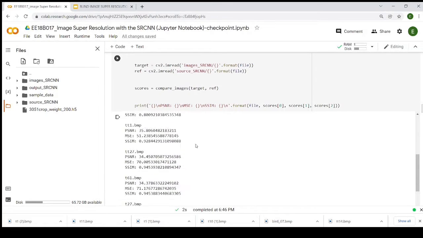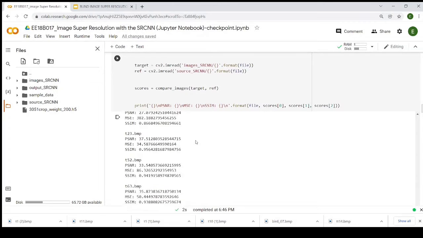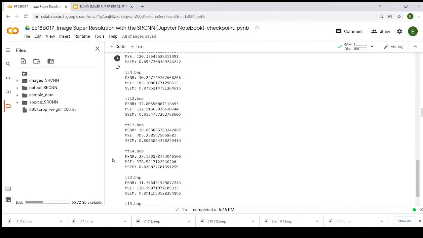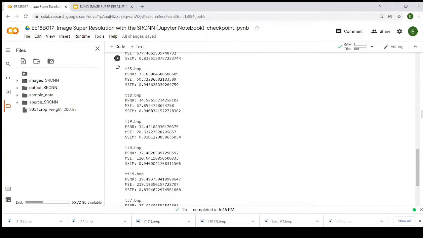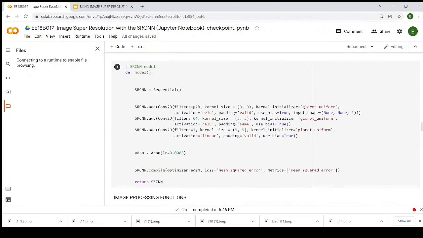Okay, so these are the values I obtained. Now I will show how I built the SRCNN model.